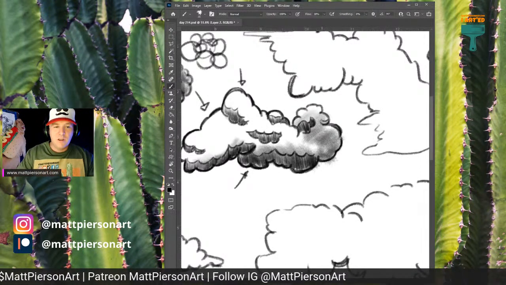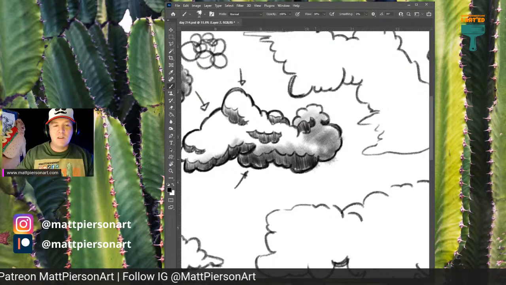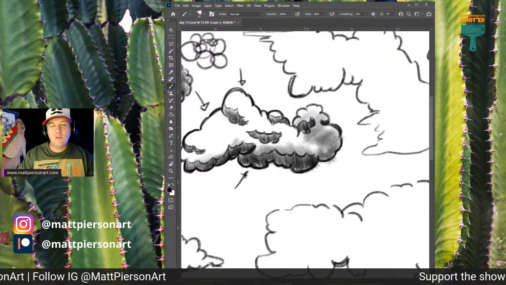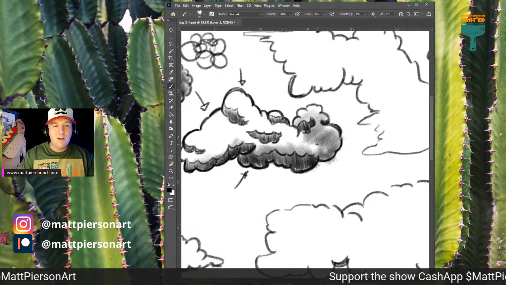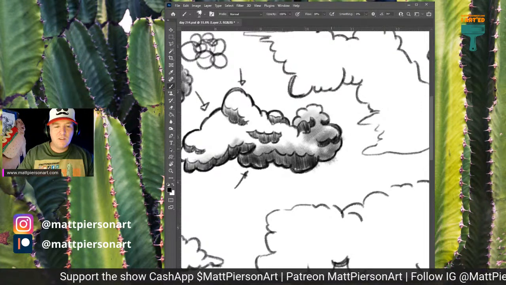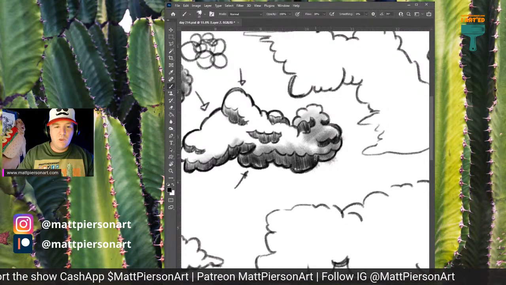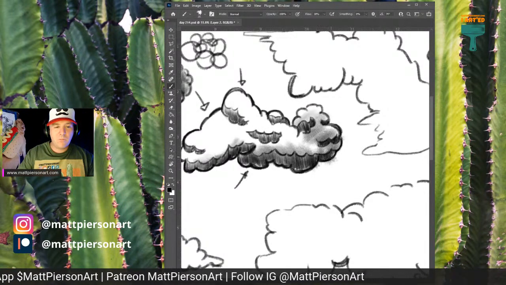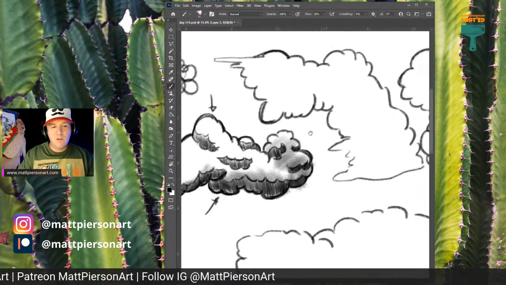I'm just kind of imagining where these cast shadows are going to be on these clouds. I imagine that when I start doing more in-depth studies, that will be beneficial because it will give me more practice with this type of method. All right, so we're going to move on to